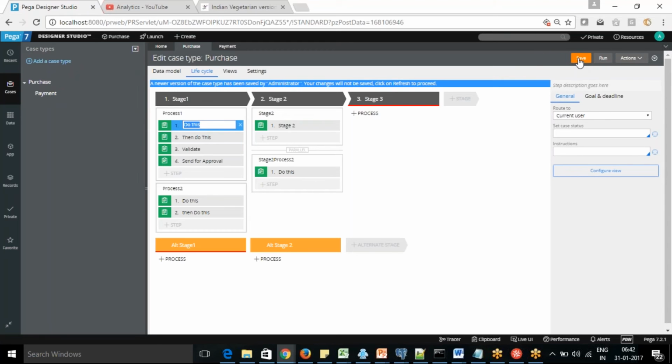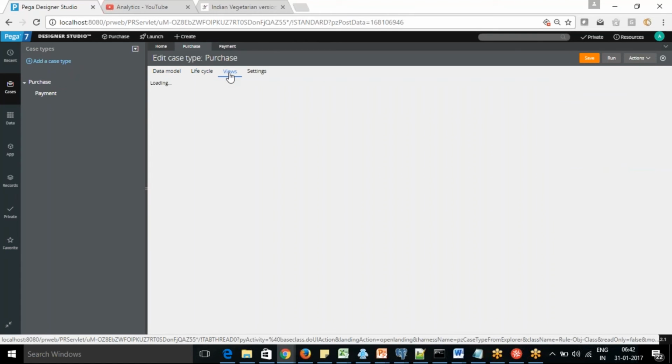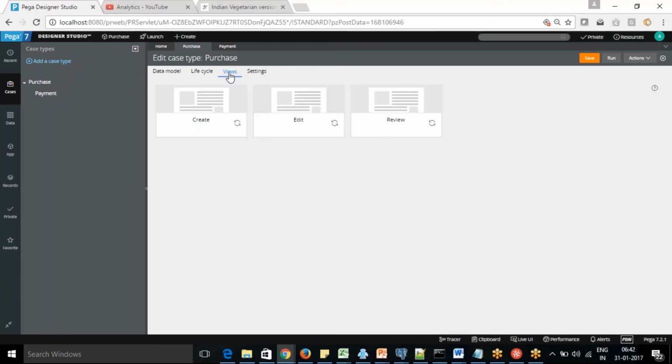Mukesh, can you also open the data model and the views tab just to see what is there? Currently there will be nothing in that. This started again in 7.2.1 only.